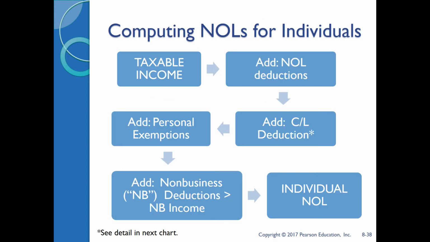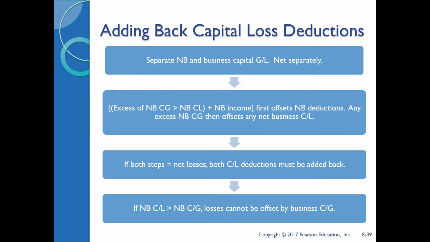So computing net operating losses for individuals, we take taxable income, we add NOL deductions, we add the capital loss deduction, we add personal exemptions, and we add non-business deductions that are more than non-business income, and this equals our individual net operating loss. Adding back capital loss deductions,